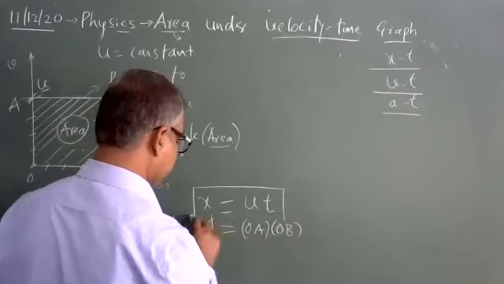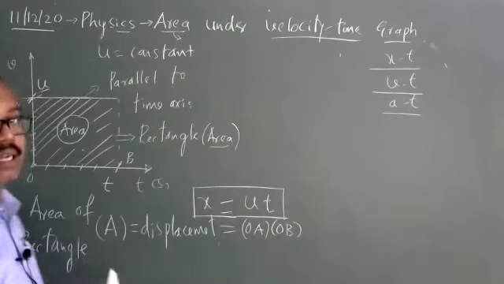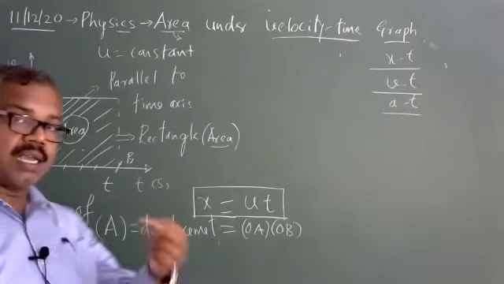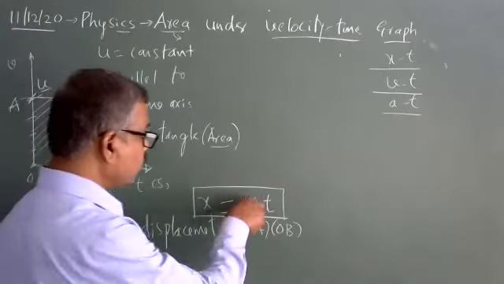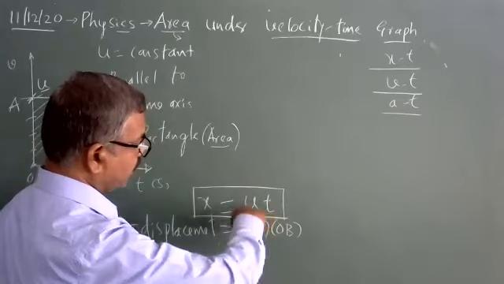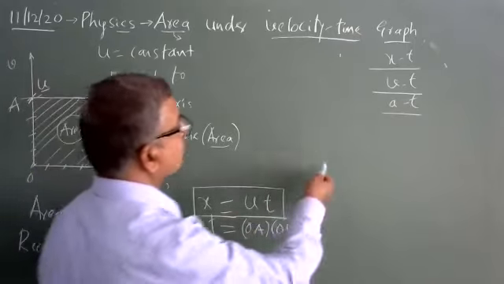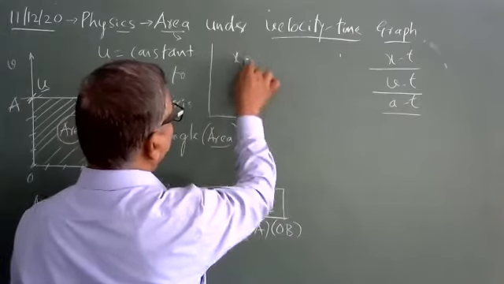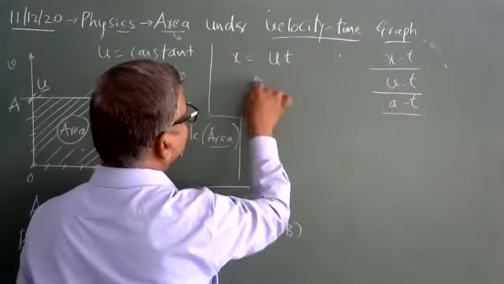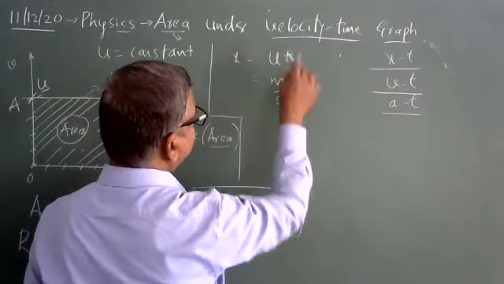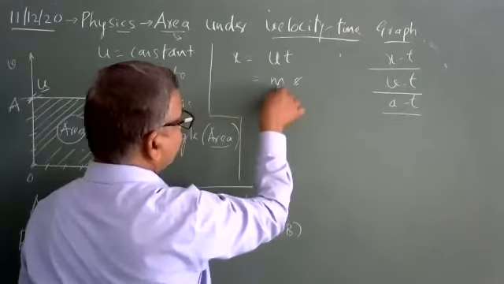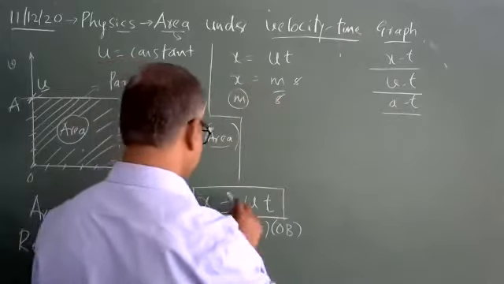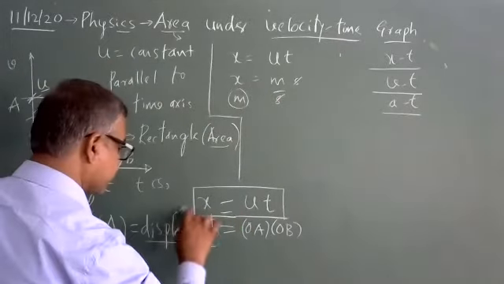X is called displacement. So why is it displacement? The question arises: X is a displacement, A is an area. Sir, you are saying area and displacement. Let me clarify. u means velocity, its unit is meter per second. t means time. Let me take here X equal to ut. The unit of u is meter per second and the unit of time is second. Both will nullify, left with meter. Meter corresponds to displacement. Hence, x is measured in meters. So I mean to say this x is displacement.